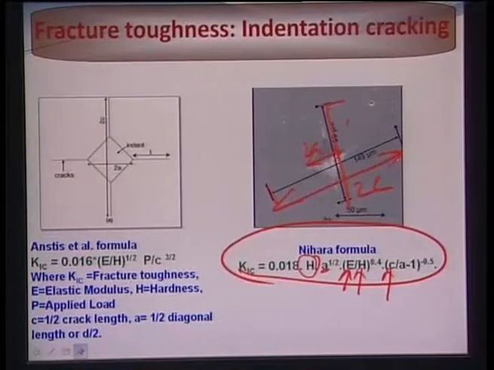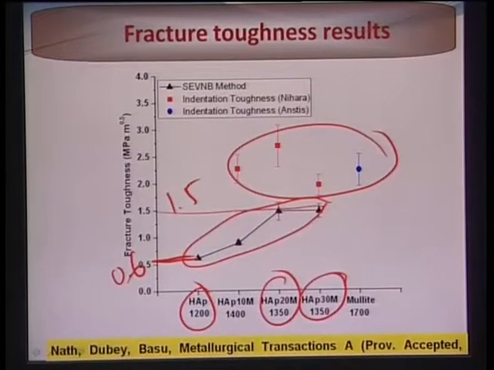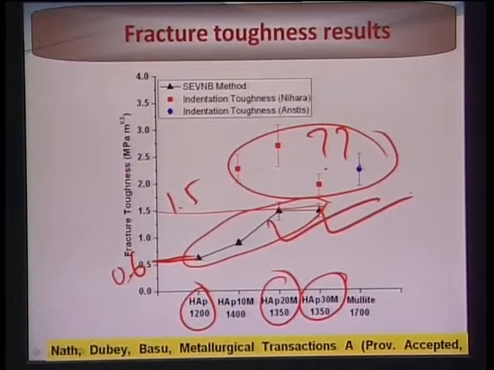And many times in the ceramics community, people have questioned the measurement of this fracture toughness using the indentation technique. So this is a question mark. Therefore, whatever value you are getting from indentation, that is also a question mark. However, the value you get in the single edge V-notch beam technique is the most reliable, because it does not overestimate the toughness properties of these materials.